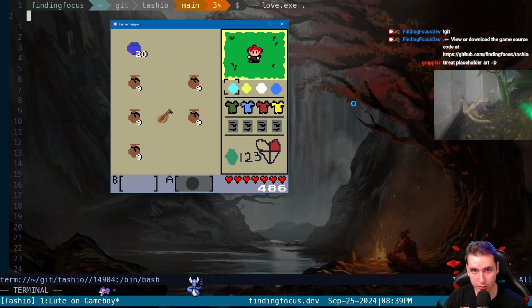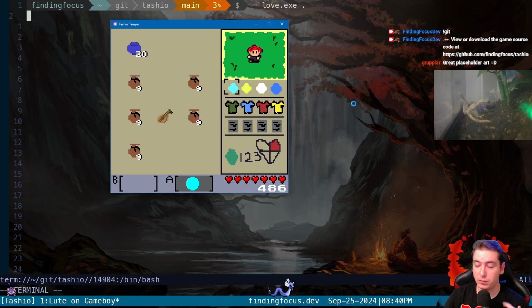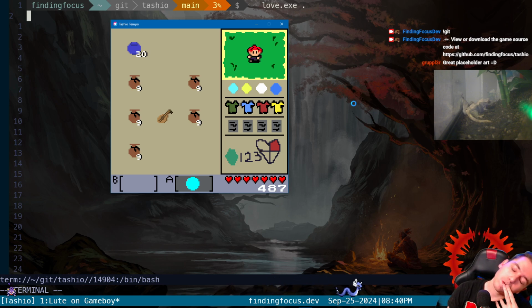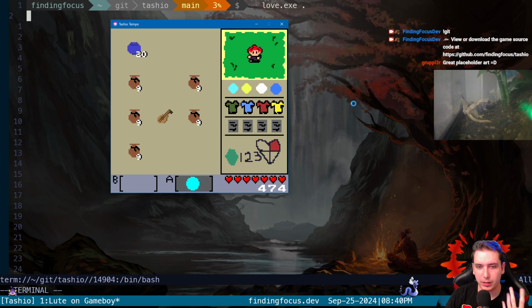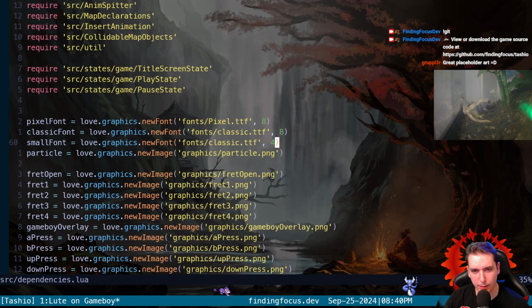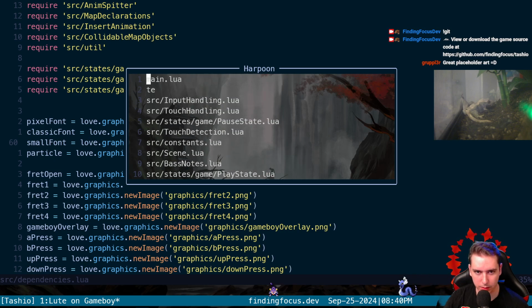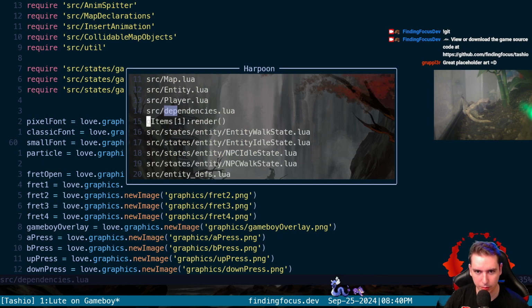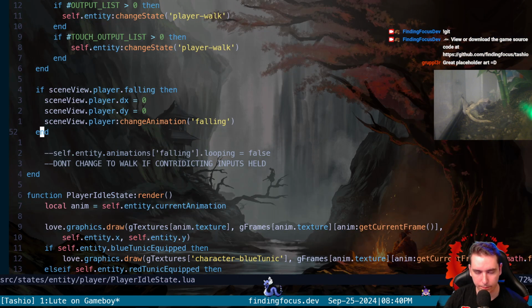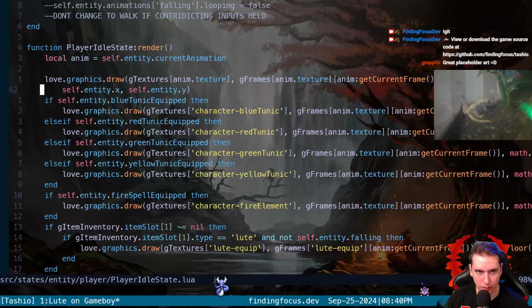So let's see here. If we switch tunic, we aren't updating the character or the thing he's holding, so we have to also render the tunic if the tunic's equipped. That's so weird. I guess if we look in our walk state, or maybe our idle state for our player. See, I don't like that we're